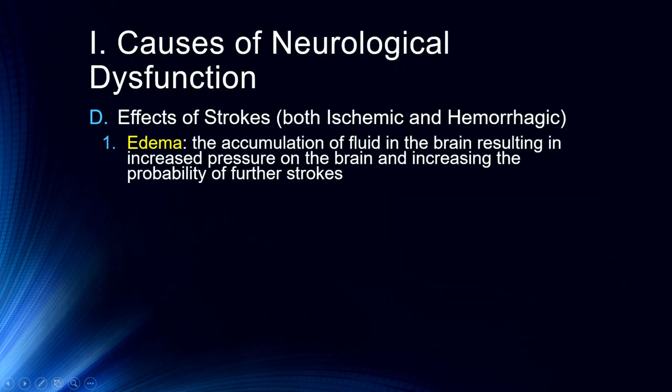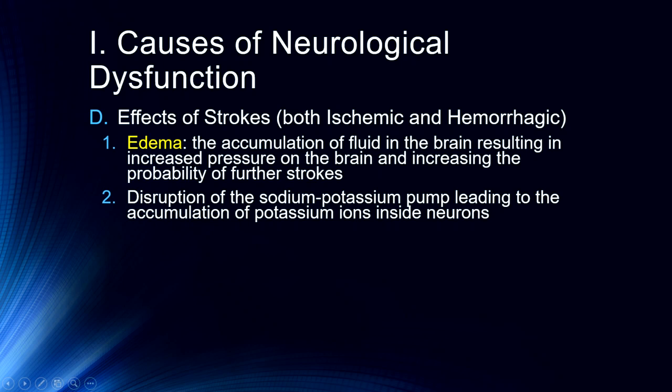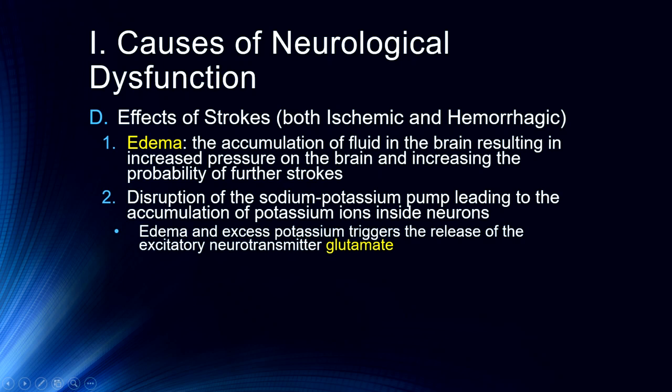A couple things occur from strokes. Edema is the accumulation of fluid in the brain. This results in increased pressure on the brain and increases the probability of further strokes. We also get disruption of the sodium-potassium pump, which leads to the accumulation of potassium ions inside the neurons. This is due to loss of nutrition going to the brain itself. Remember, the sodium-potassium pump uses a molecule of ATP. Each sodium-potassium pump does. So by being unable to run the sodium-potassium pump, we get a buildup of ions inside